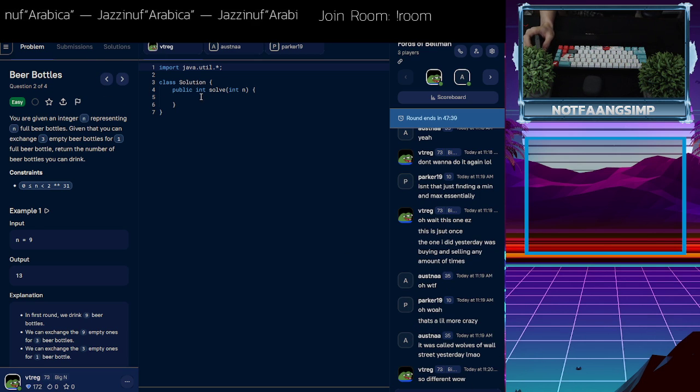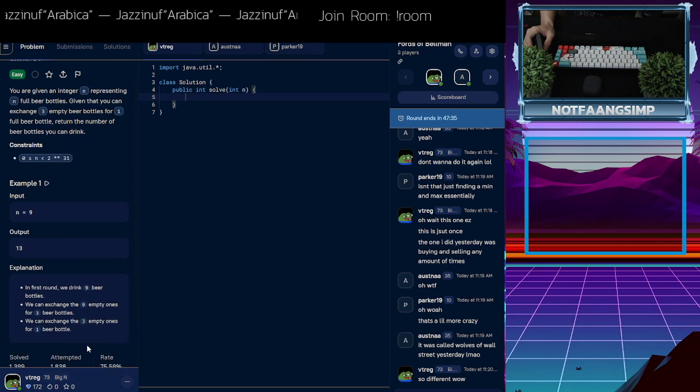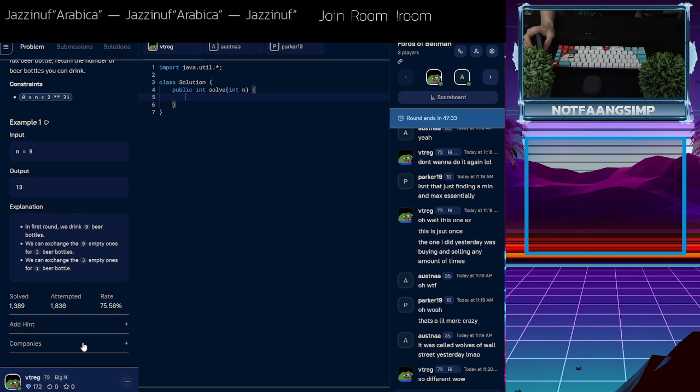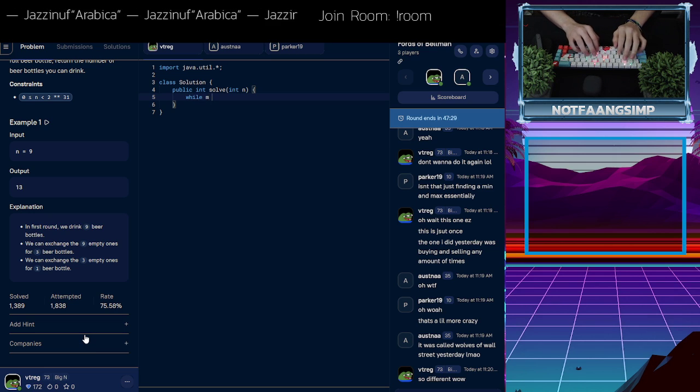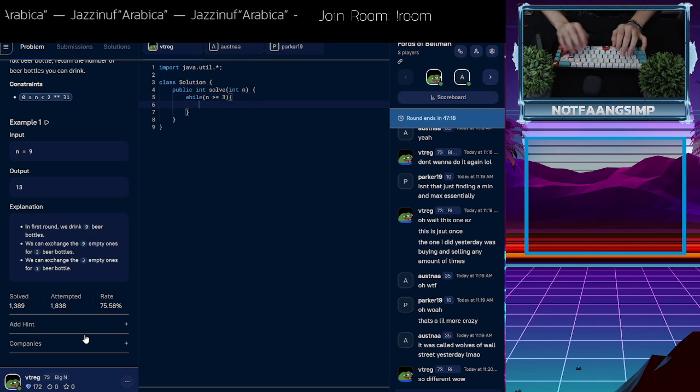Okay, so. I guess while n greater than or equal to 3, we can keep doing this. This is just a math question. I don't like math questions. Okay, it's been a while since I've done any sort of math. It's all been like CS and like super CS focused math. Okay, so